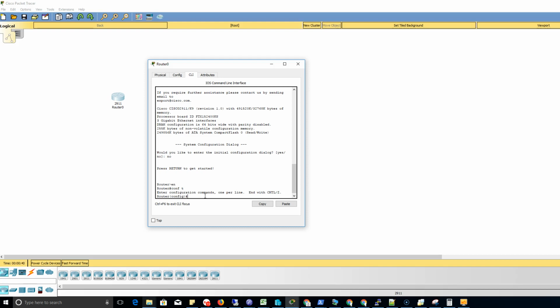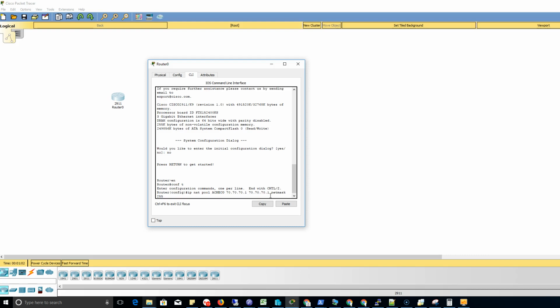First thing we're going to do is set up the external IP address that our ISP has given us. So we're going to do IP NAT pool, give it a friendly name. We're going to give it an IP address. Our ISP gave us 70.70.70.1. Now I'm putting this in a second time because we are constraining this just to this one IP address, because that's all they've given us. Net mask of